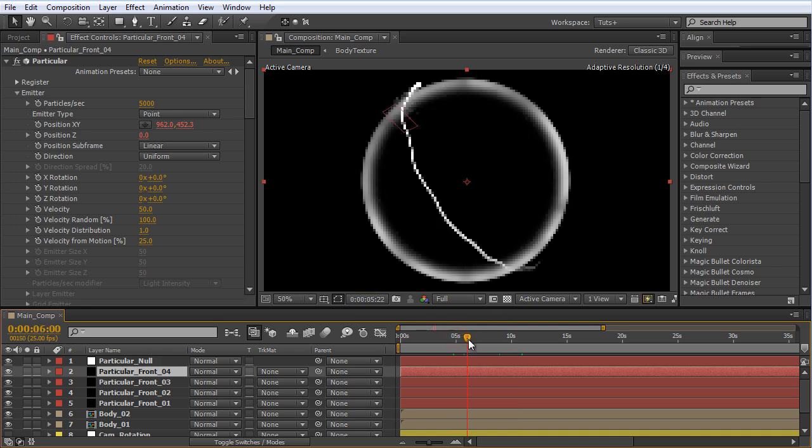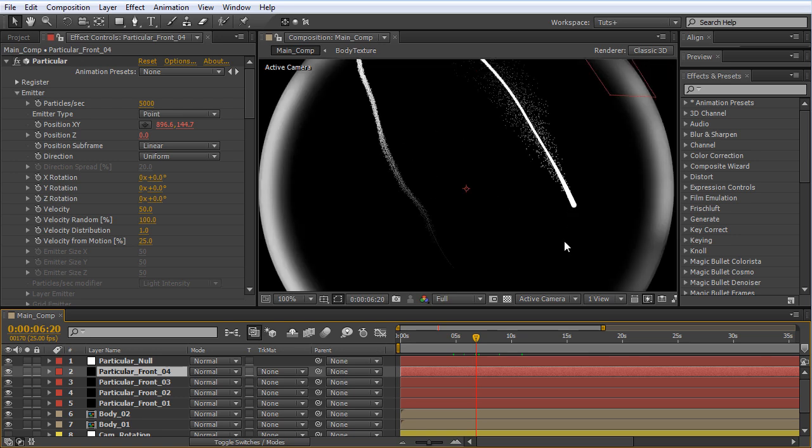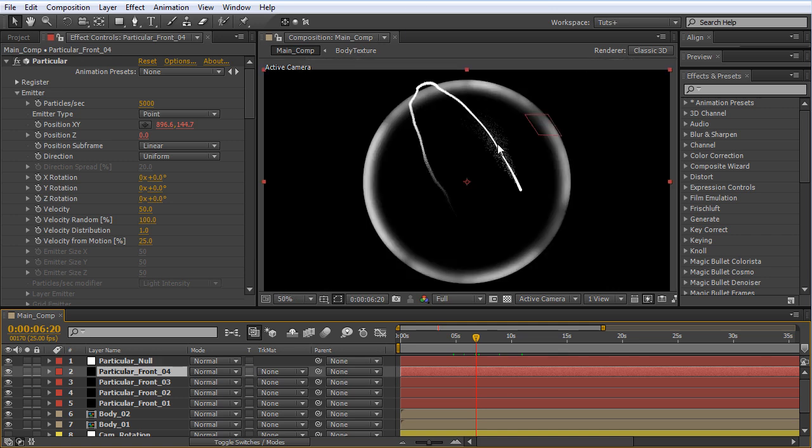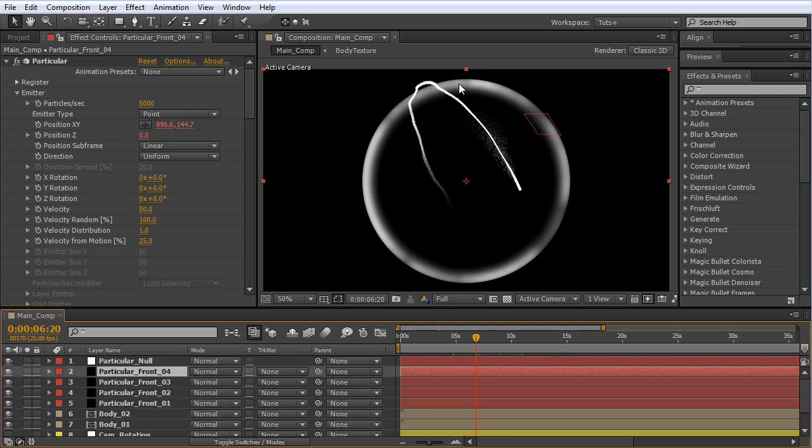Now, our rotating electron is circling around our atom body. And at this point, for instance, we got half of it in front of the body and half of it in the back. And we can see the front and the back very clearly. Even though the body seems to be transparent when facing the camera, what we see behind the body should appear slightly fuzzy. So to create that effect, we will need to cut the particle layers in the middle.